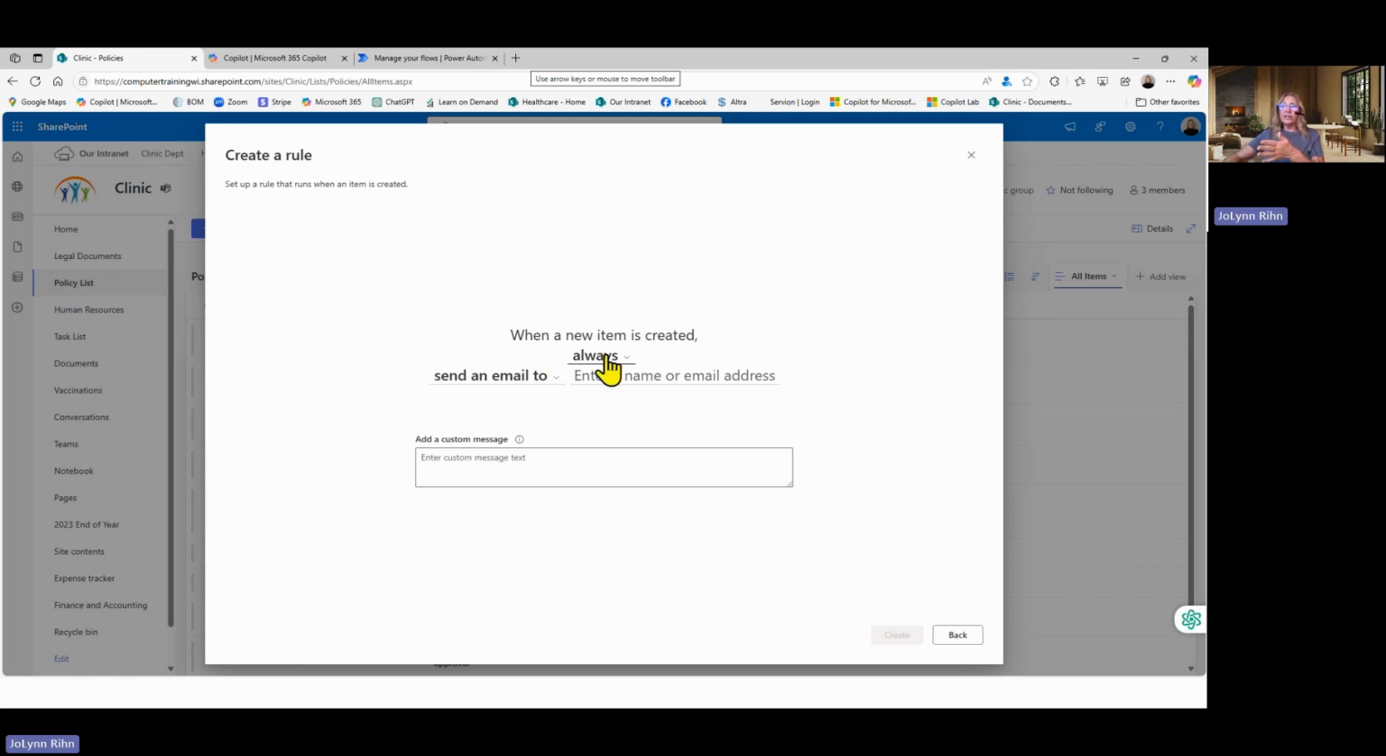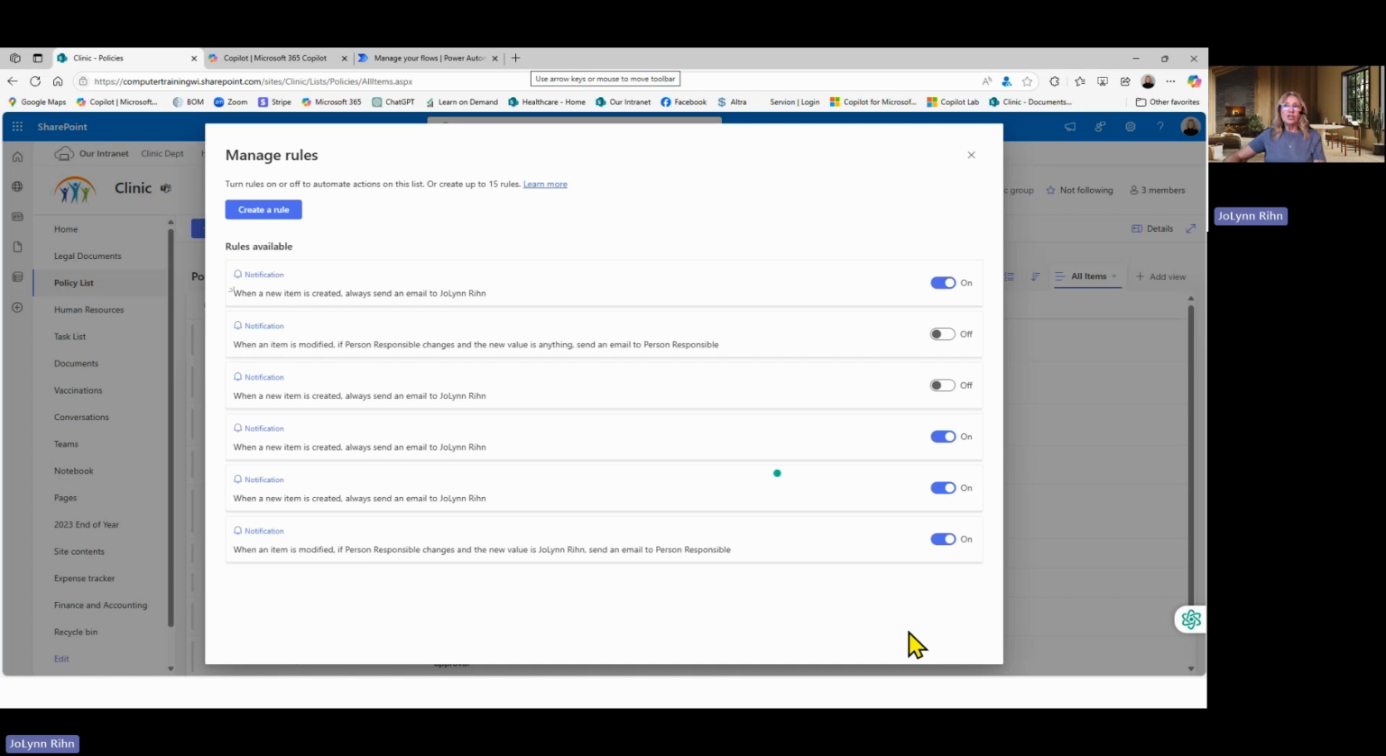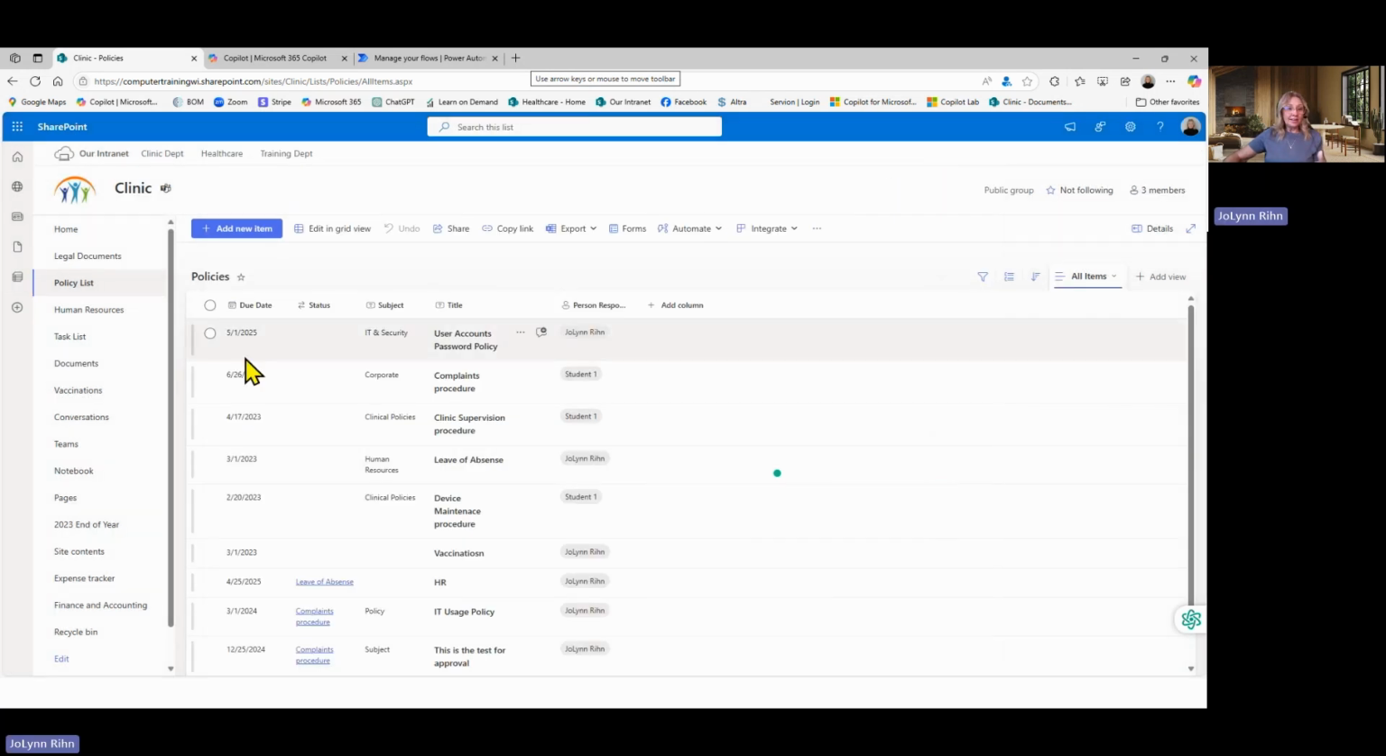When a new item is created, always send an email or set a value. I can put in the email address of who I want the email to go to. And I have different fields, or I could just say me. I want to have the email be sent to me. Customize the message. I could just say a new item has been added, has arrived, whatever. Once I'm done, I click create. So that rule is now in place so that if anything new gets added to this list,